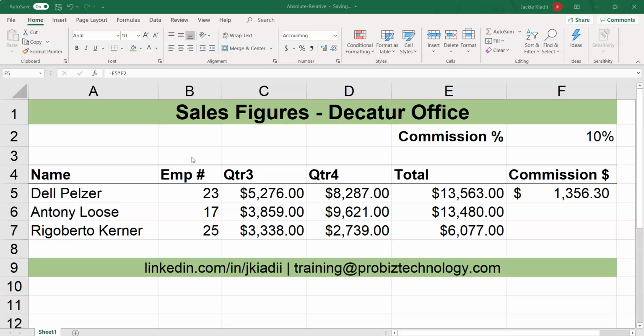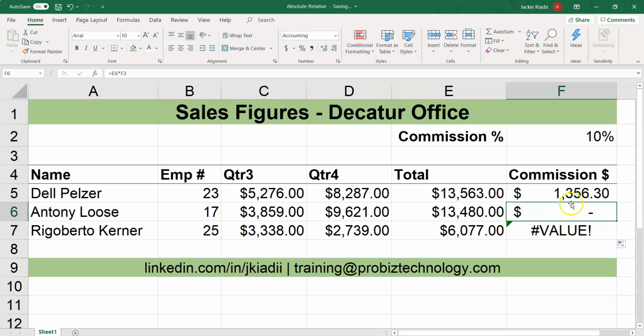Today, I'm going to show you an alternative to using absolute references when you're working with functions. This is something that's usually taught in the intermediate or advanced Excel courses, but it's so simple and easy, I think it really should be taught in the intro course. What I'm doing here is,